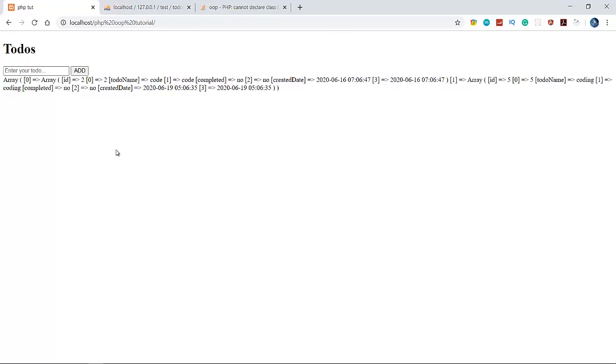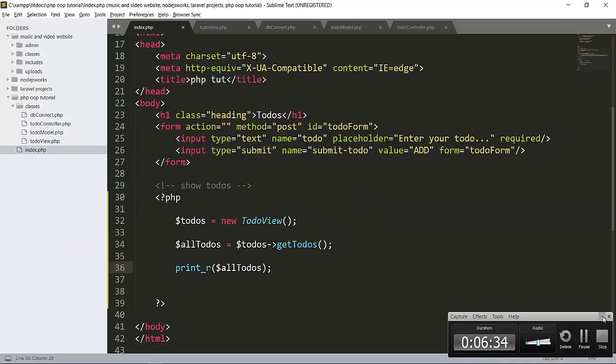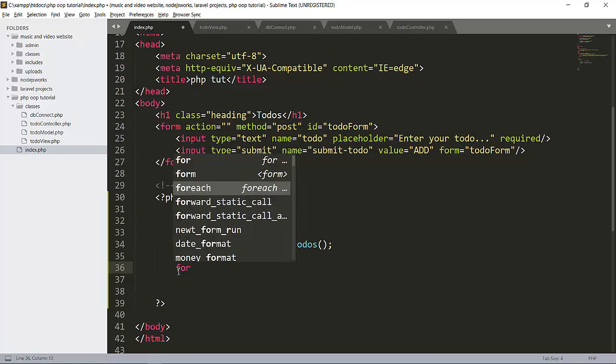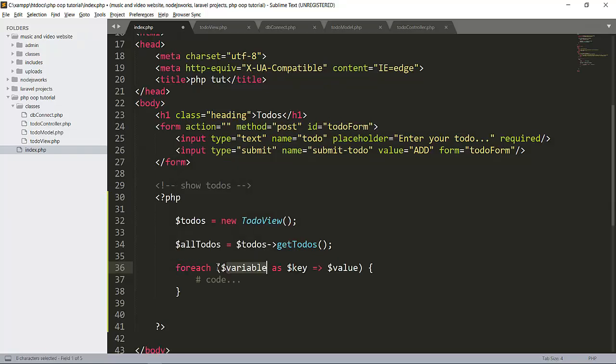Let's move further. Let's do a foreach loop. Here will be foreach, with our $allTodos variable, as $value.